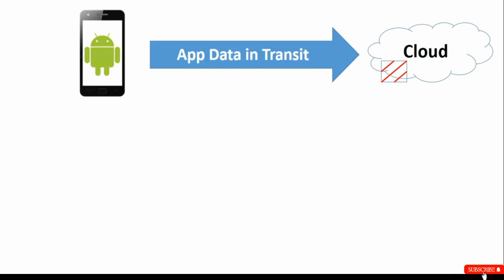Now another thing is the web services. And web services are almost similar to web applications. So it is possible that a web service can be affected with all the common vulnerabilities that a normal web application can